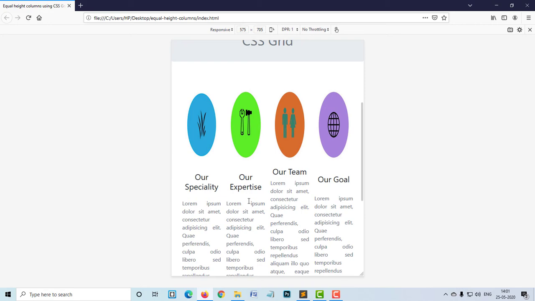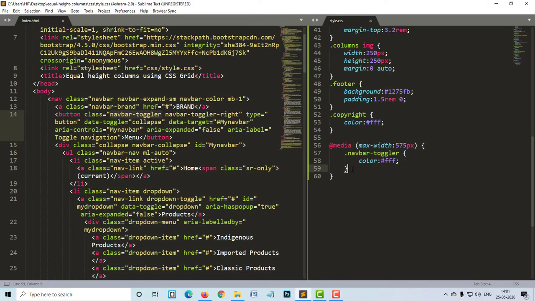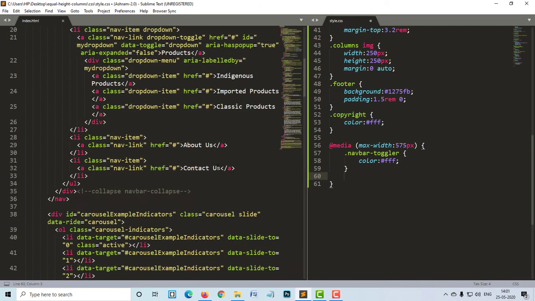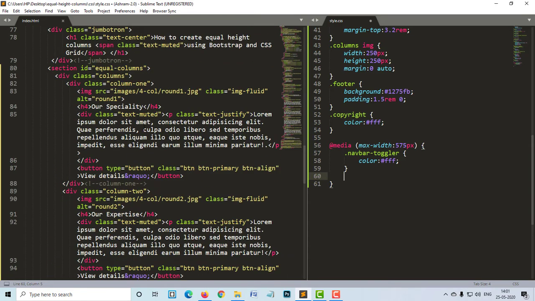But the columns, the 4 columns, this is something we need to make a change to. Because this is a smaller viewport, we need to keep it 1 column per row. So to do that, we'll target this parent class of, say, column.